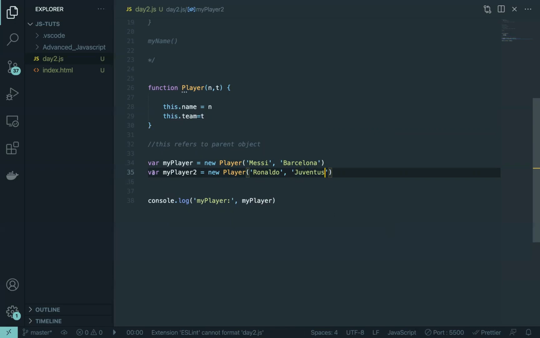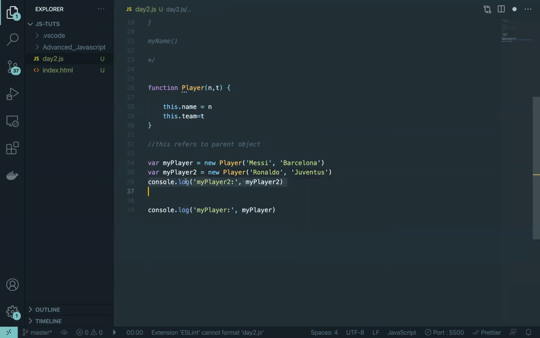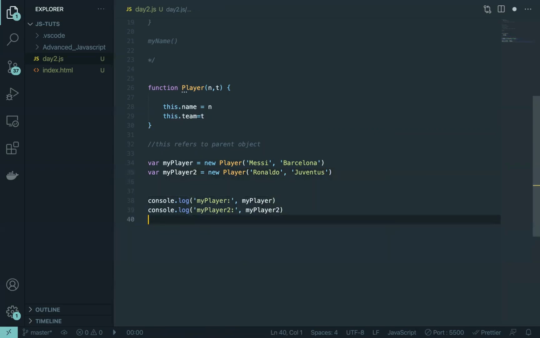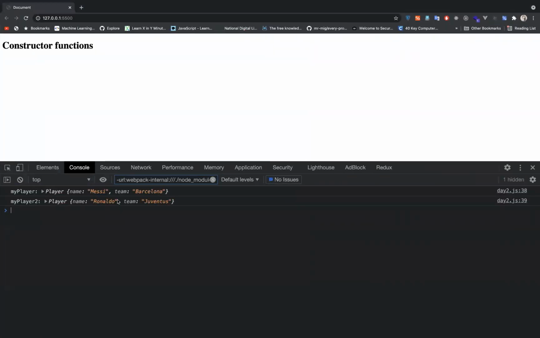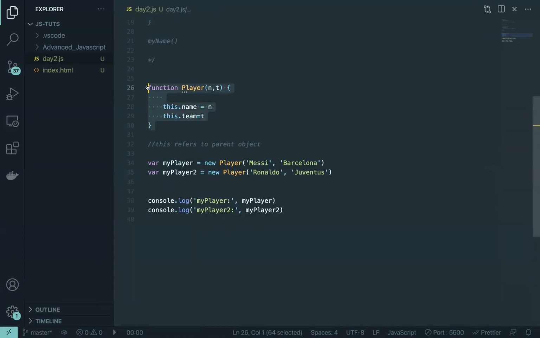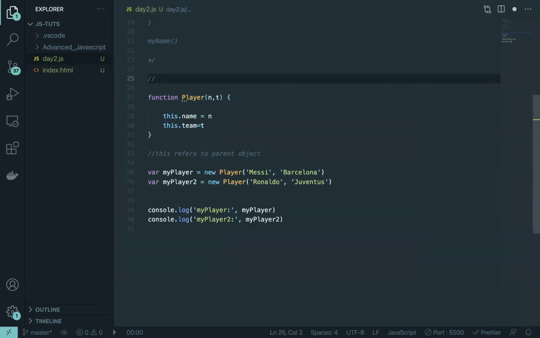Juventus. So now if I do that and I want to console.log it again, you should be able to see that I'm getting a new object now. So now one thing is clear, all the constructor function is doing it. We define it only once. So it is acting like a blueprint. Using this blueprint, we are able to quickly create new objects.